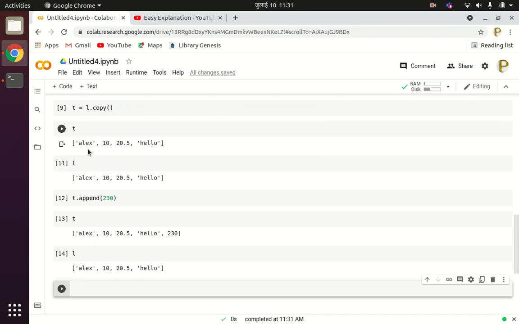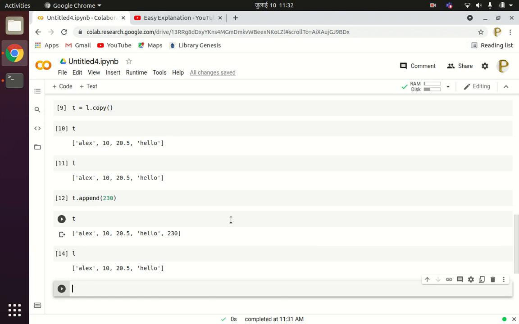Here we have one list as T, another list as L. In list T we have appended 230. So we'll get the final list as this. Now you can see the list L remains the same as earlier. So by using copy you can create two copies of the given list, and these two lists will be separate list values.